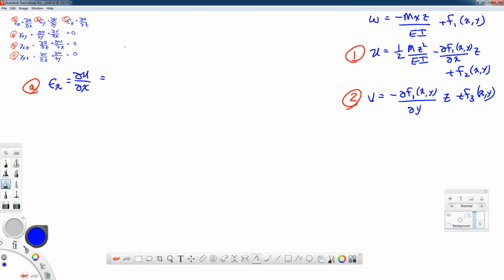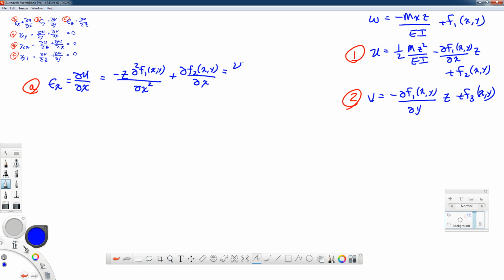We have the second term, which is going to be a minus z, and now we're going to have the second partial derivative of f1, which is a function of x and y, with respect to x twice, and that's going to be added to the partial derivative of f2, which is a function of x and y, with respect to x. And we also know that the strain in the x direction is equal